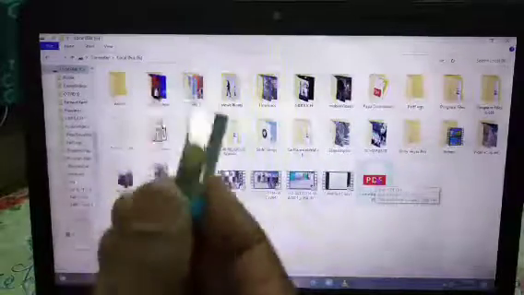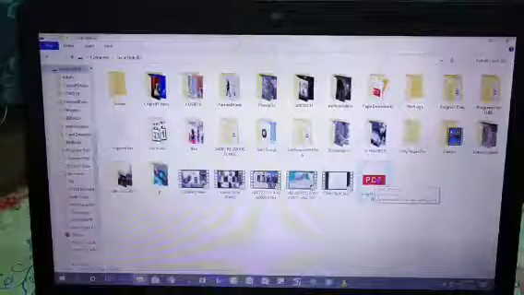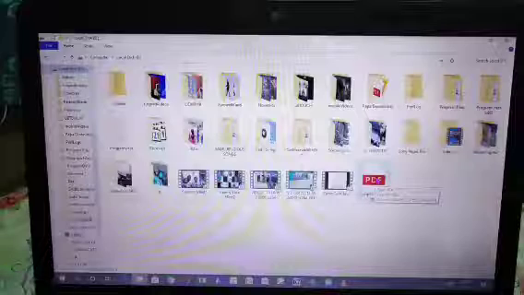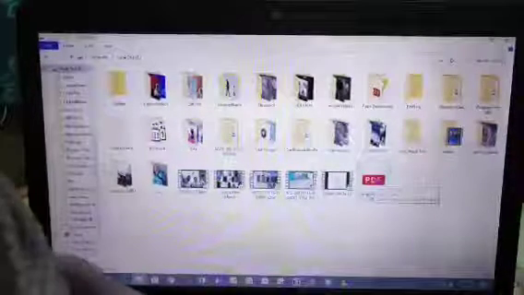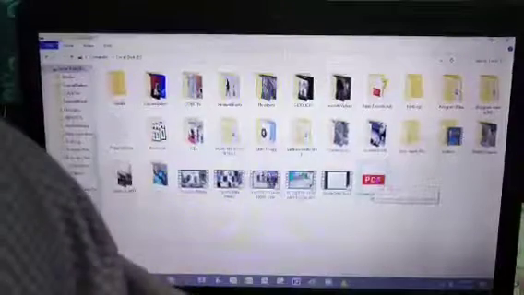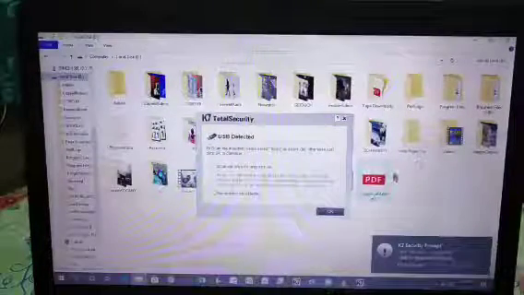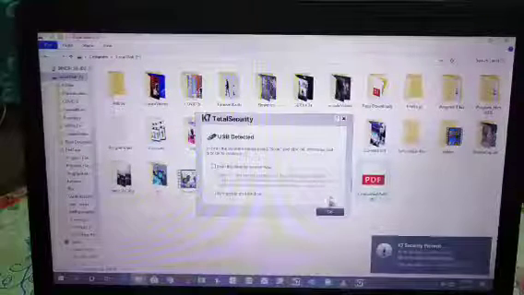Suppose this is the pen drive, and I want to save in this one. So I'm inserting this one. So I have inserted the pen drive, and the same file, computer study material 6 set 2, I am going to copy in the pen drive.